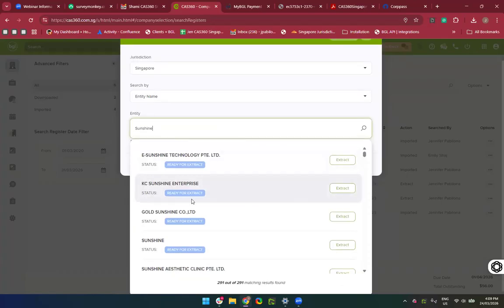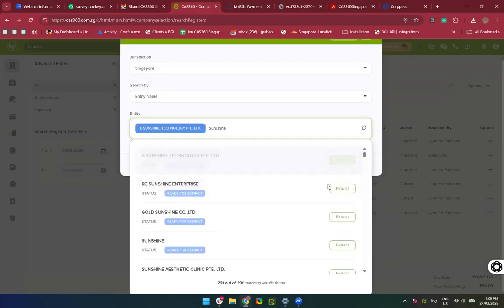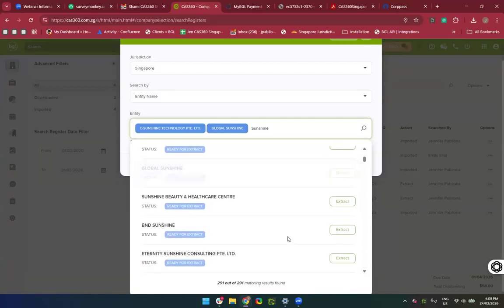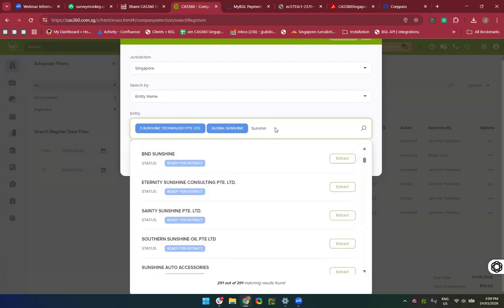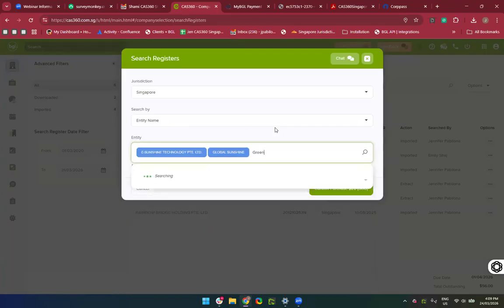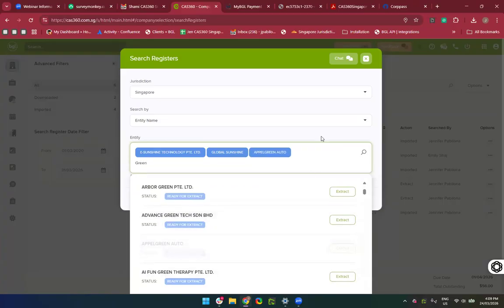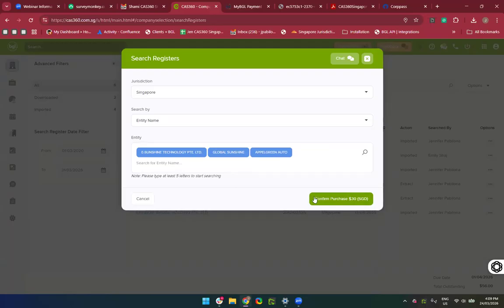Now you can see it will show you, based on your keyword, which companies match, and you can simply click on extract. If you want to do a bulk extract, you can simply select, let's say if I have green, extract, and so on. Because it's a $10 per company extract, it will automatically calculate to $30. I'm not going to purchase that currently, otherwise it will charge our company's